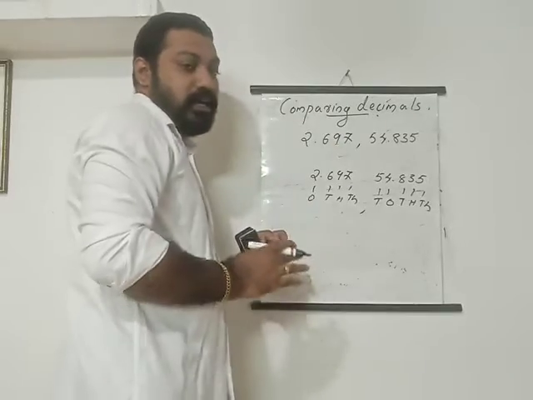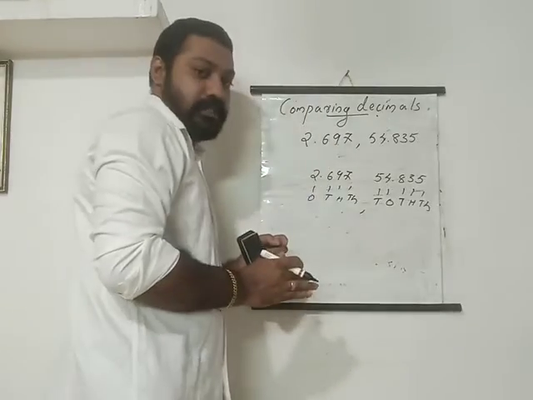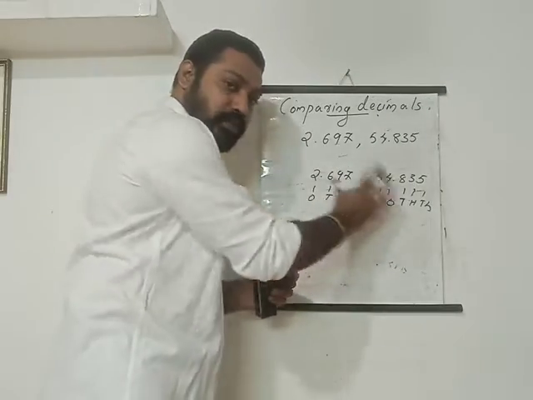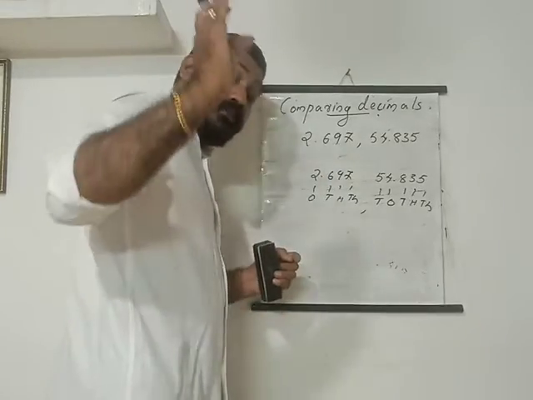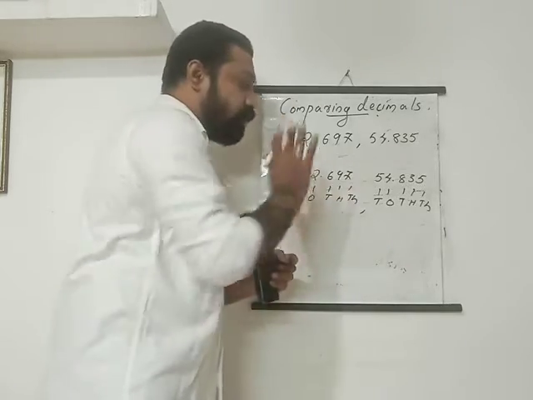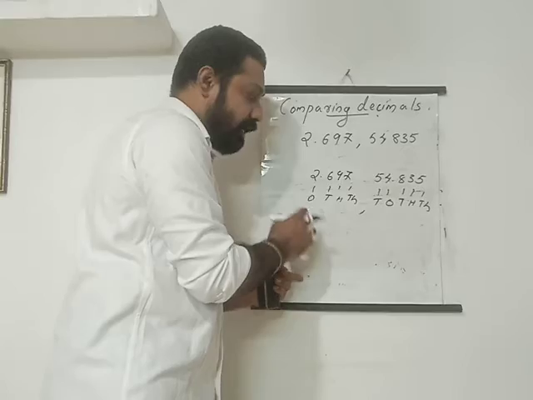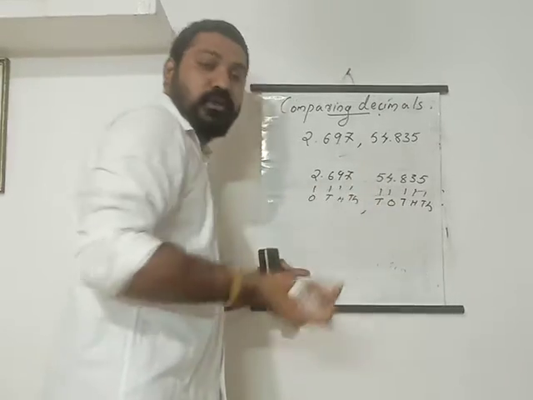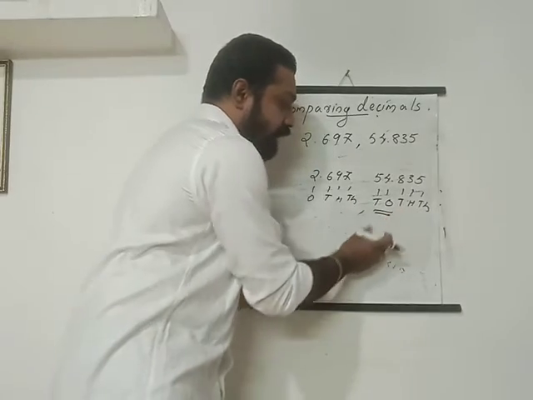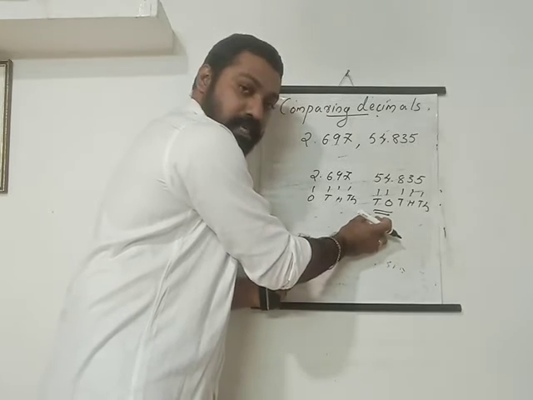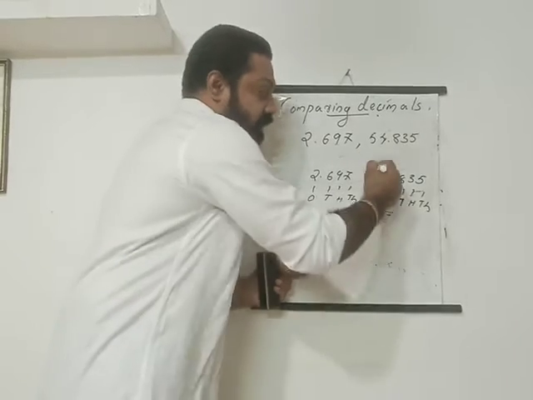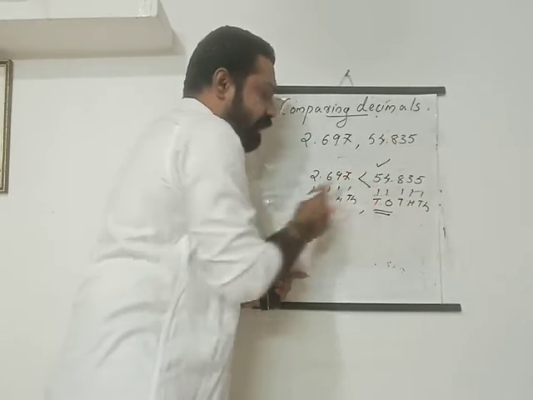If you want to compare numbers, the first thing we must know is the place of those numbers. Here we found the places. You can see very simply which is the biggest, because in the first number the whole number part has only the ones place, but the second number has the ones place and the tens place. So the second number is bigger than the first.